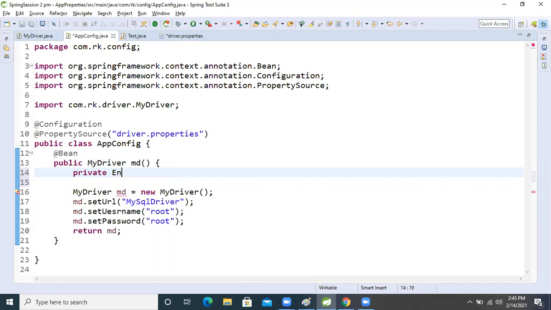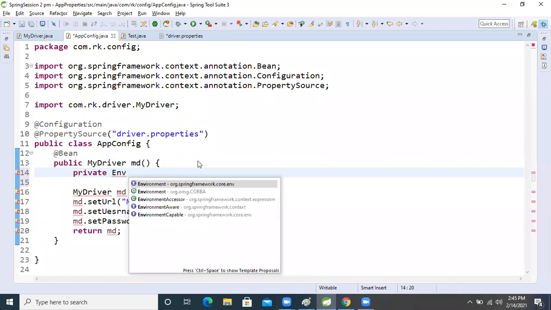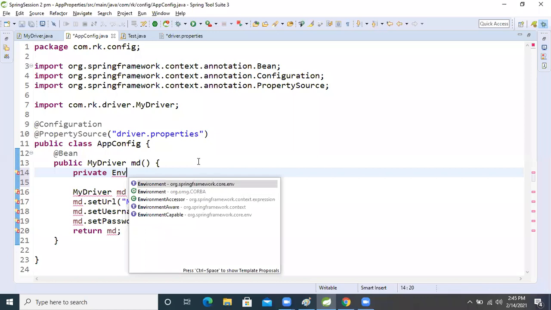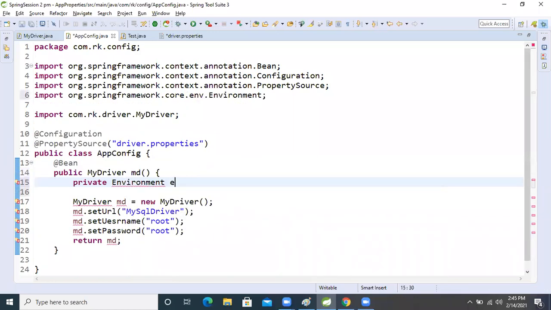I said that, right, private Environment env, this interface.